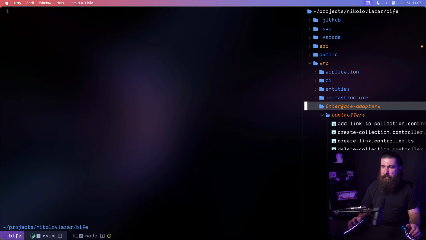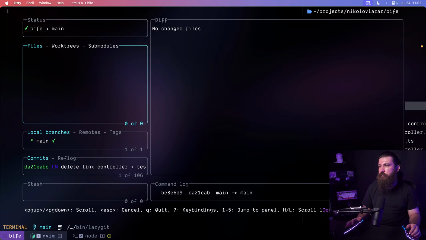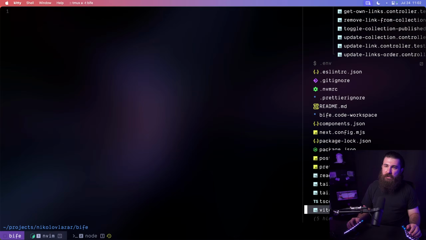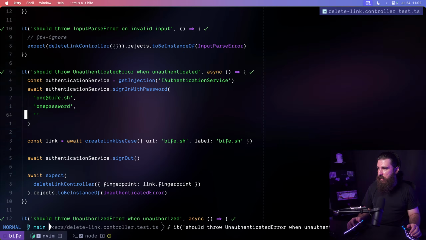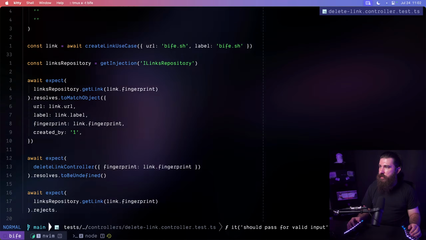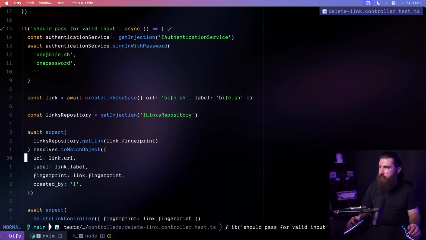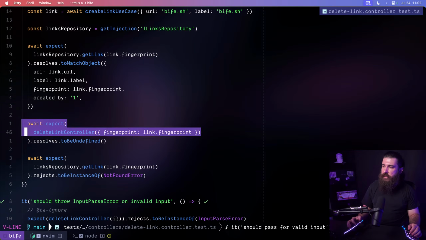I'm just gonna return to dev, and let's actually push first. Delete link controller plus tests, right? So I feel like the tests are okay. Let me just take a peek again. Yeah, we're checking for deletion, and we are really checking for deletion. We're not actually